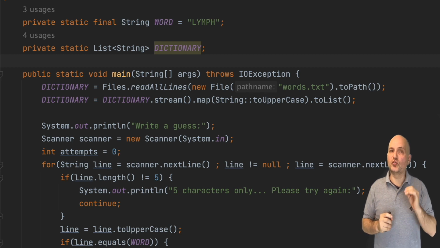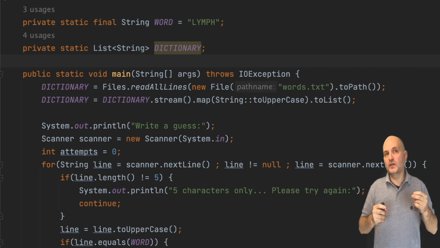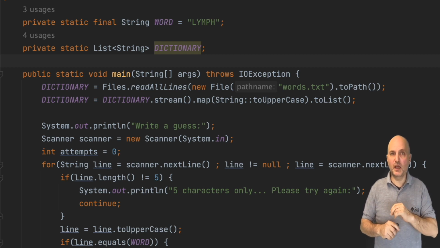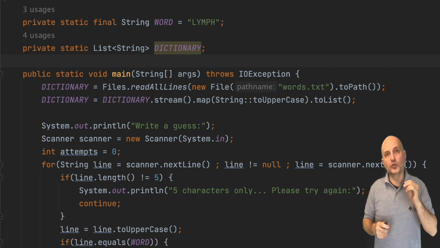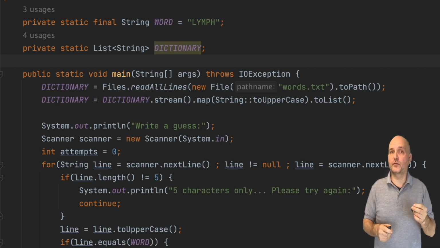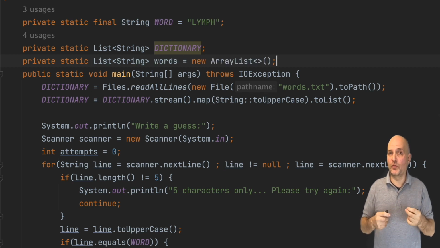Next, we need to start collecting the words the user types in. Up until now, we didn't keep them anywhere in memory. We could use an array, but we don't know how many words we'll have. So we can use a list of strings. We already did some of those, so this code should be relatively familiar.